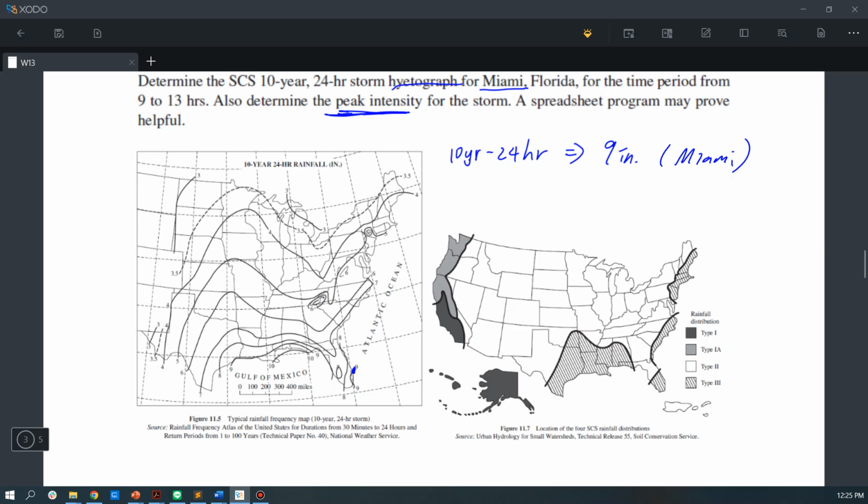The second thing is we want to determine which rainfall distribution type we should use. So similarly, Miami is somewhere here. So this tells us we should use the type 3 rainfall distribution. So that's the second information that we need. Type 3. Okay, then we can move on